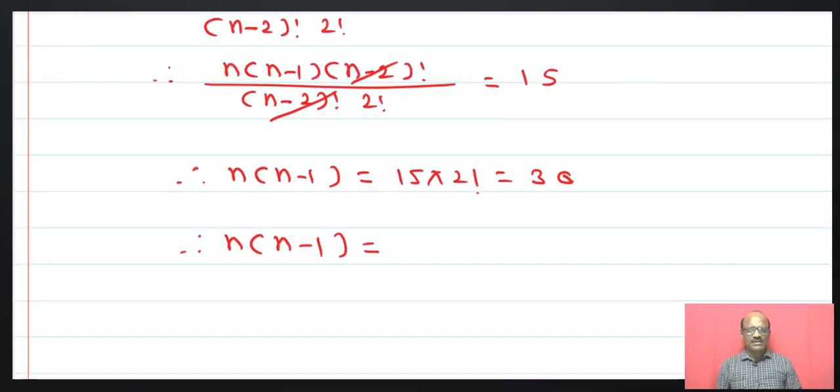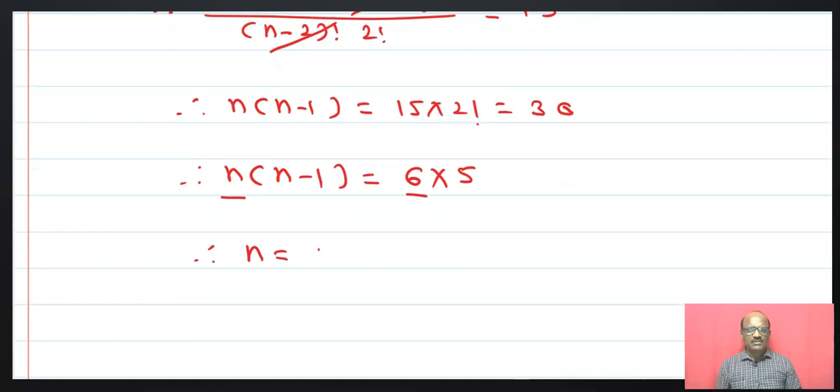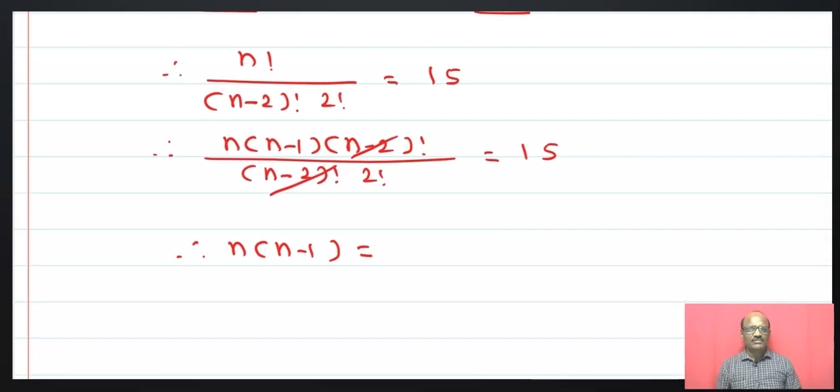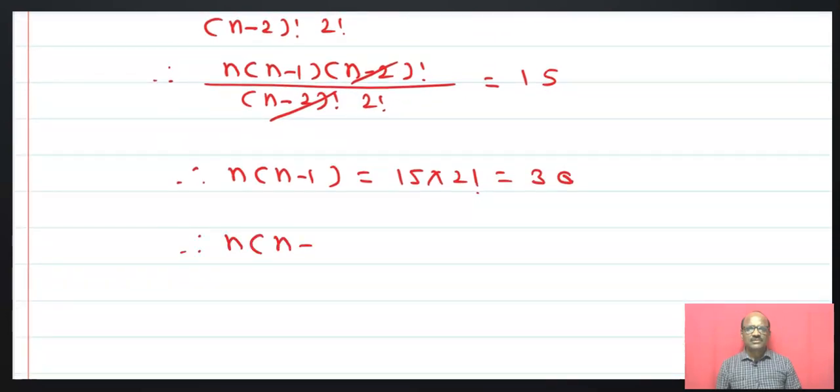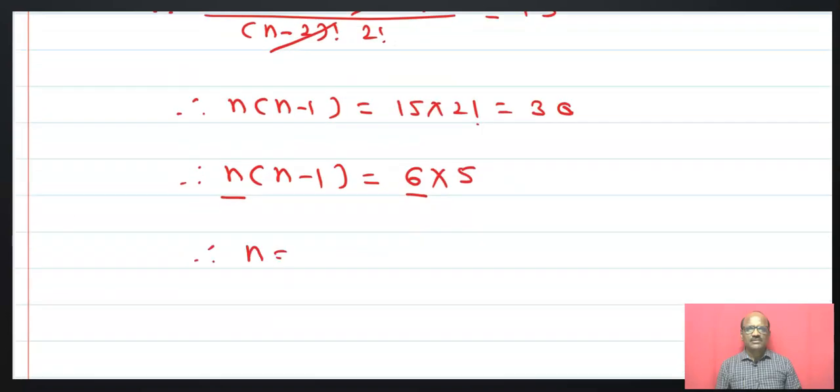See this again here, the value of n. Again, it goes very fast. Therefore, n is equal to 6. This is the value. By comparing here, n means 6, n minus 1 that is 5. Now the next is